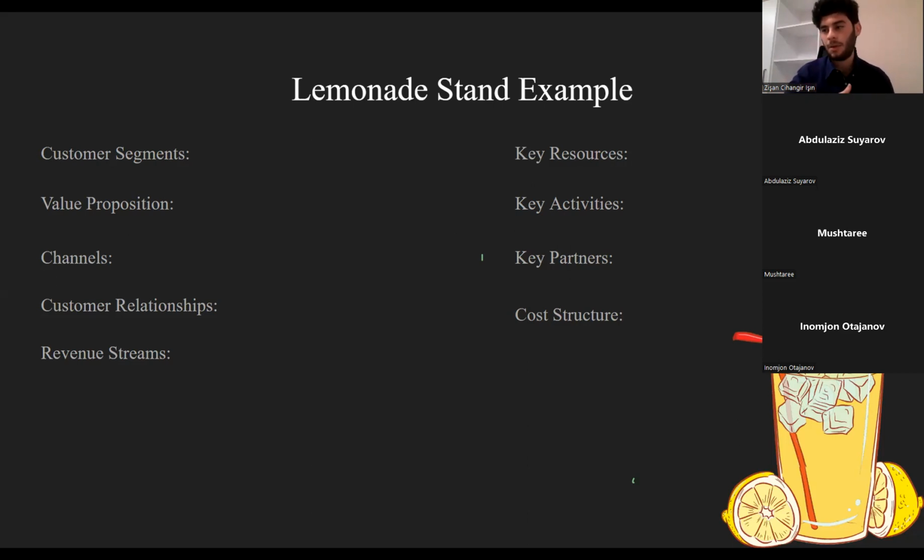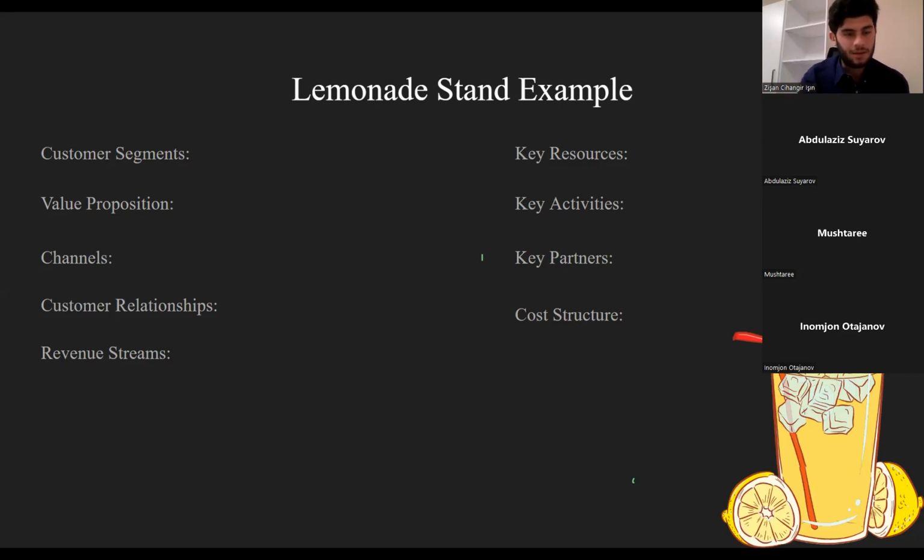Or you can create lemonade.com, for example. People might be able to go into the website and order lemonade from you, and you will take lemonade to them. This could be another channel if you want. Or you can take your cups, take your lemonade and go door to door, and sell to people in their houses, and you don't have to wait for them. You can ring their bell, ask if they would like to get lemonade, and if they say yes, you can serve them lemonade. This could be another channel to sell lemonade to people.